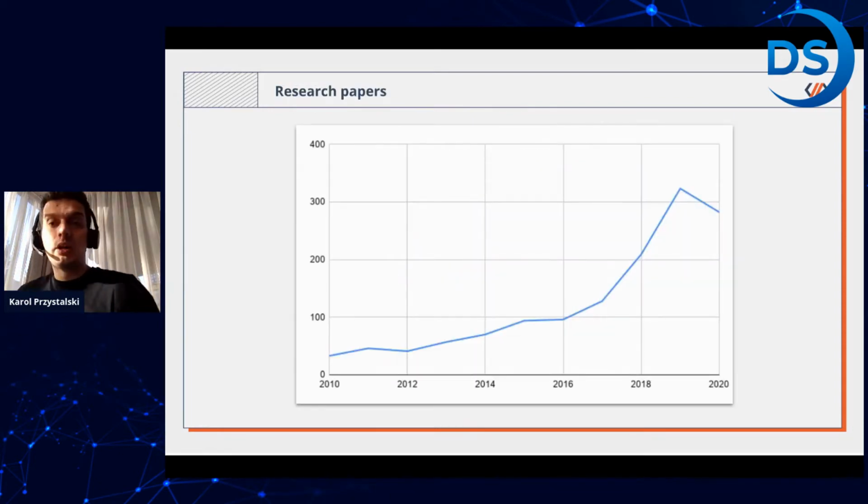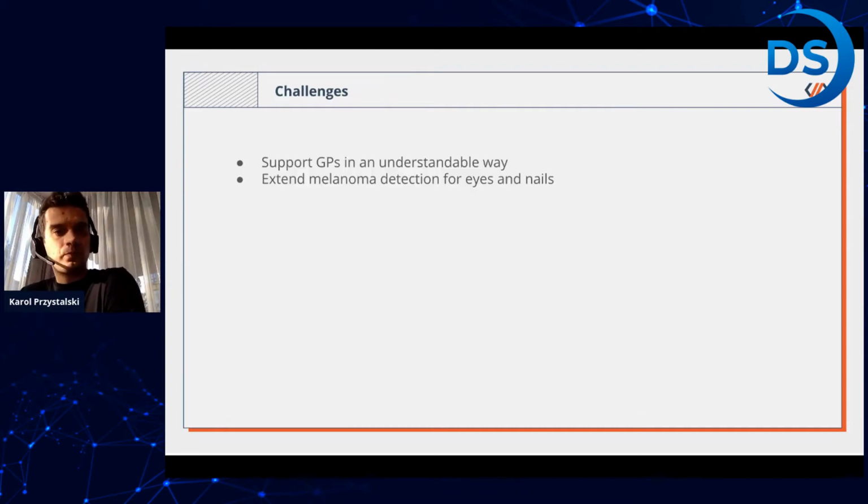When it comes to research papers, obviously the information about 2020 isn't complete, because we still have 2020 ongoing, but you see there is a growing number of research papers on this topic, and it will increase. Now it's kind of a boom in the topic of AI or machine learning in health tech, in diagnosis based on images, and that's something that we will see in the upcoming years.